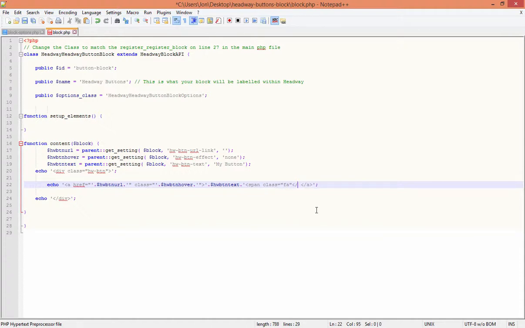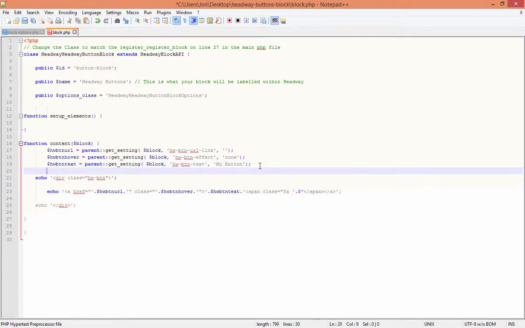Let's close out my span. All right, and in here we're going to put the FontAwesome. So we go apostrophe dot $. Right, and what we want to do is go $headway_button_FontAwesome equals parent double colon